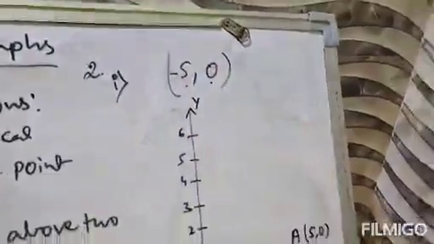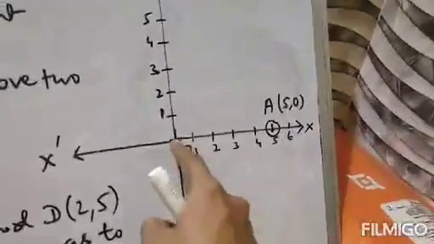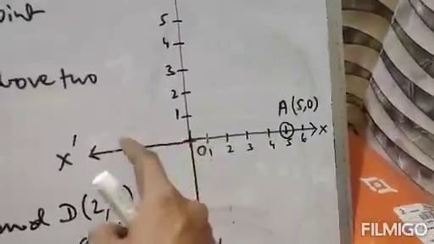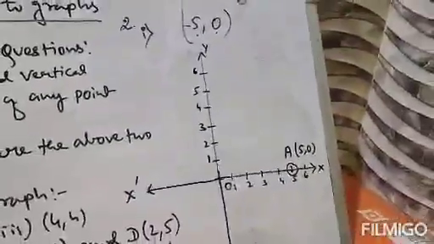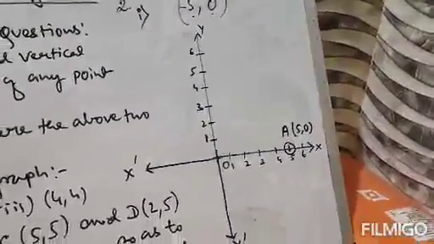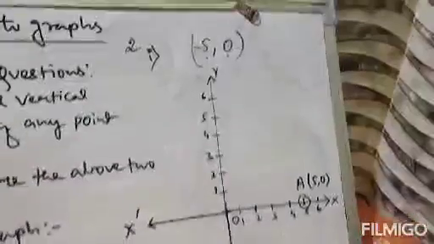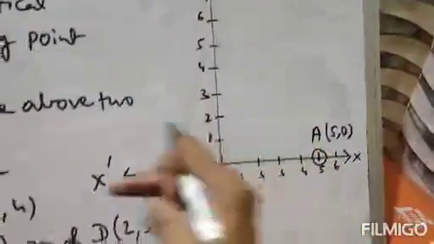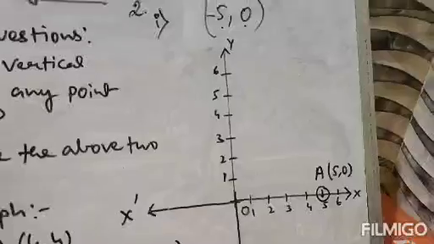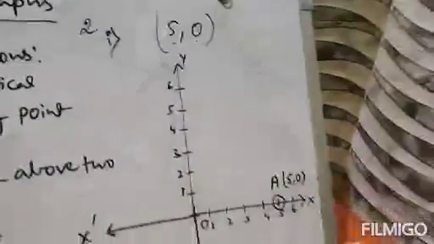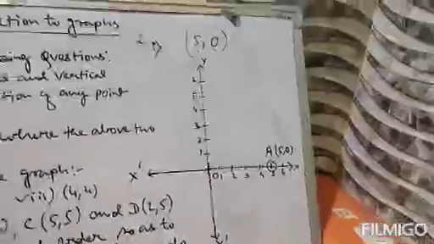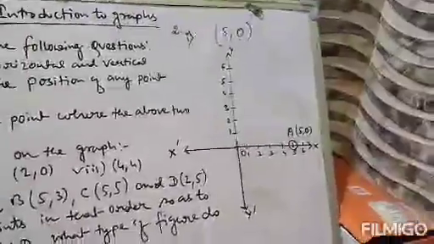Clear? Suppose it is minus 5, then we will move toward the negative part of x, that means 1 2 3 4 5 here, because the position with respect to the x axis was given as minus 5, so we should move towards the negative side of x from the origin. Like this we can easily plot the points. So this is the plot of 5 comma 0 in this graph or Cartesian plane.